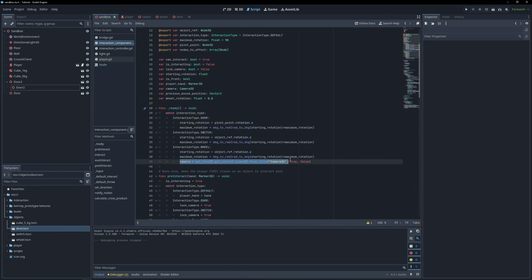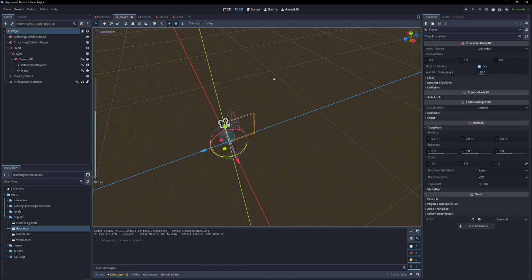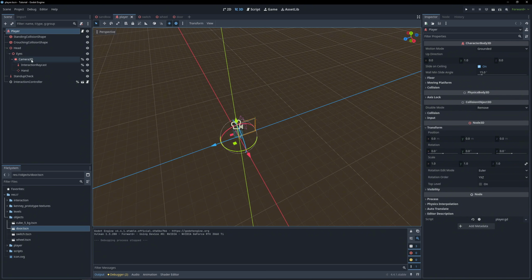I am recording this after I have done the prototype for the switch and the wheel, and we still have one more get tree current scene find camera call, or find child, and it's on the camera. This one is a little bit safer because realistically you're only going to ever have one camera 3D. However, I'm thinking about new additions to the tutorial series, and there may come a situation where we have another